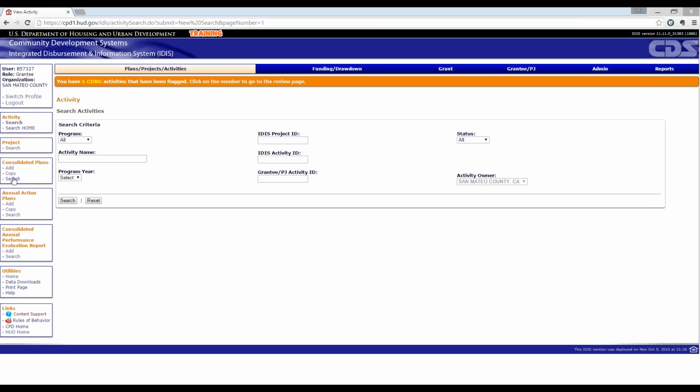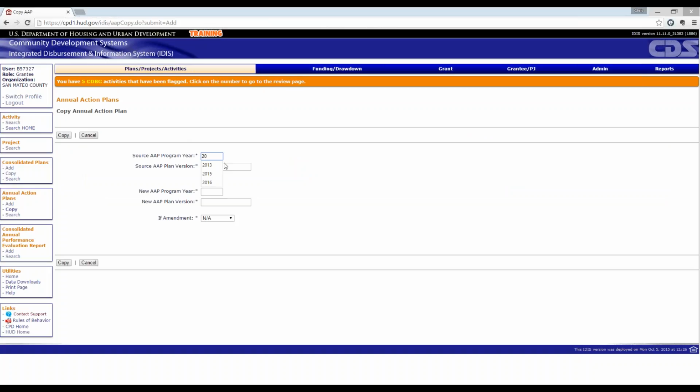So instead of copying my annual action plan for my 2016 plan, instead of just moving it forward 1 year, let's say that I was doing it in year 3, I could actually copy that so it would automatically be going into my new 2018 action plan. So two different ways of doing it. It gets a little tricky there, just thinking through this process of copying your original plan or from the year 1, from the amended version into the new version. But that is one way that you can do it, to copy it, or you can add a new action plan.